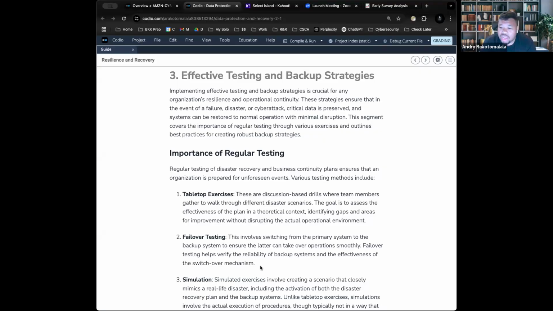The reason why it's important is because the backup is completely useless if you can't use it, right? If you are unable to route all traffic or to move all your systems to that backup, well, then it cannot be used. And the other reason why you want to do it is you want to do the testing before it's done, before you actually need it.